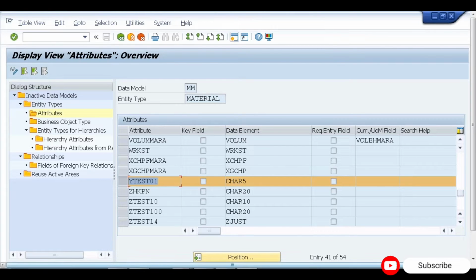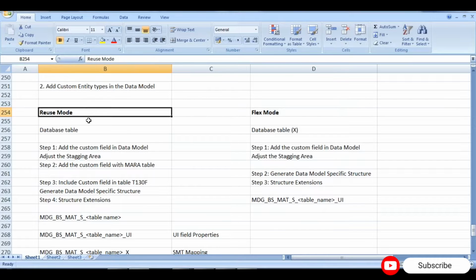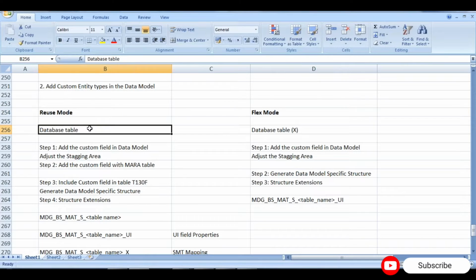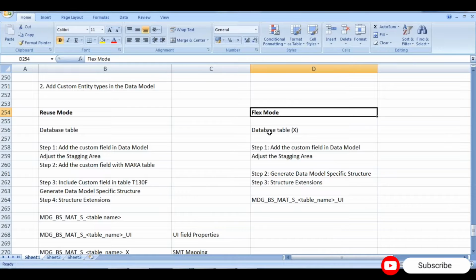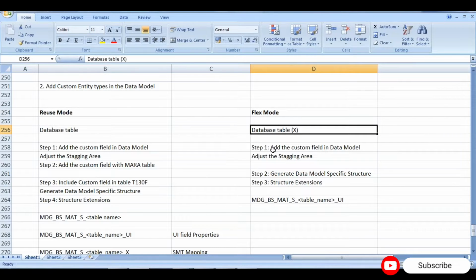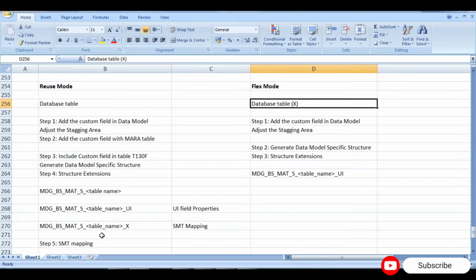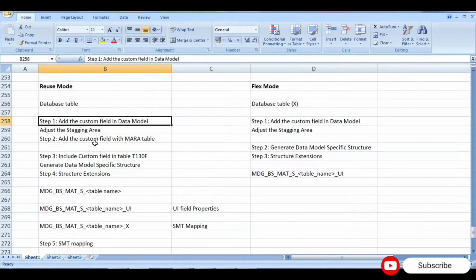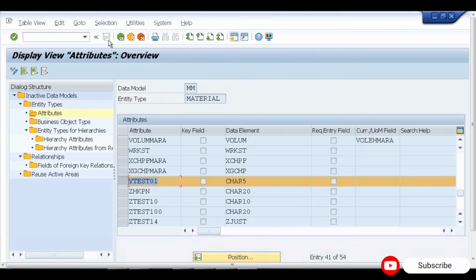So what is the difference between reuse mode and flex mode? Reuse mode means my data is going to the database table, and flex mode is when my data is not going to the database table, so how I will manage the configuration. In reuse mode, this is the list of configuration: add the custom field in the data model, then adjust the staging area. So just add this, activate the data model. For the staging area,